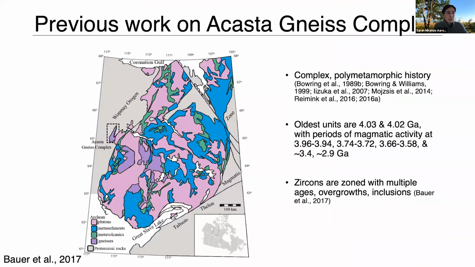A lot of work has been done on these rocks, and I'll go a little bit quickly over this, but this is showing you the location of the Acasta Gneiss Complex in Canada. It's not a very big exposure. It's around 20 kilometers by 10 kilometers. So it's very, very lucky that we were able to sample these ancient rocks. And these rocks have a very complex polymetamorphic history. That means that they've been basically buried and heated up and then exposed to the Earth's surface again,